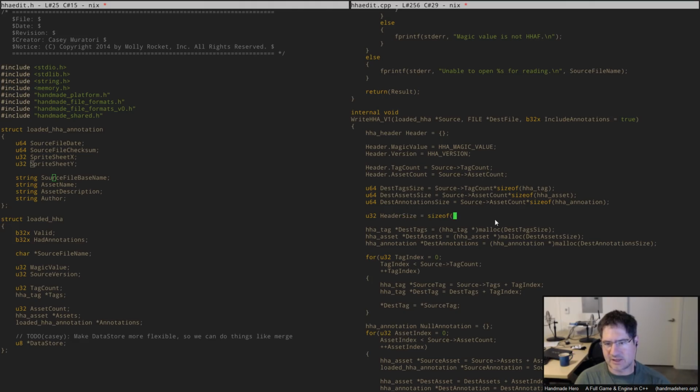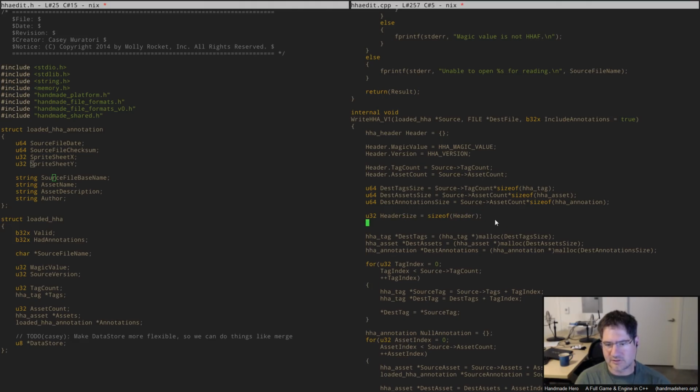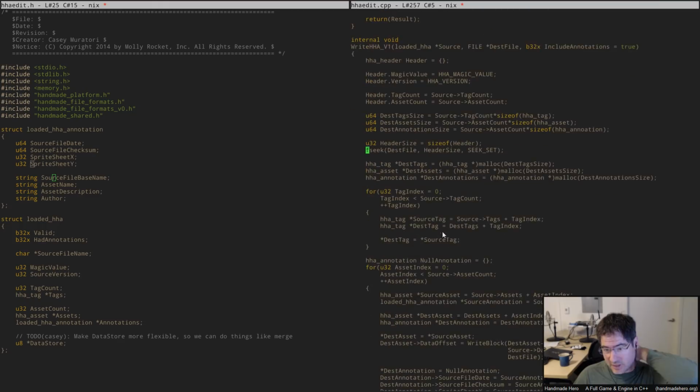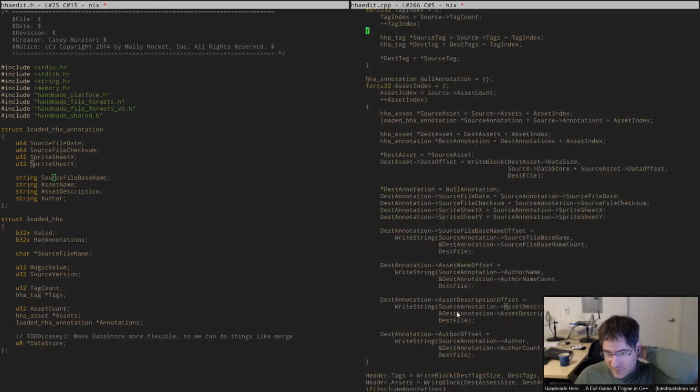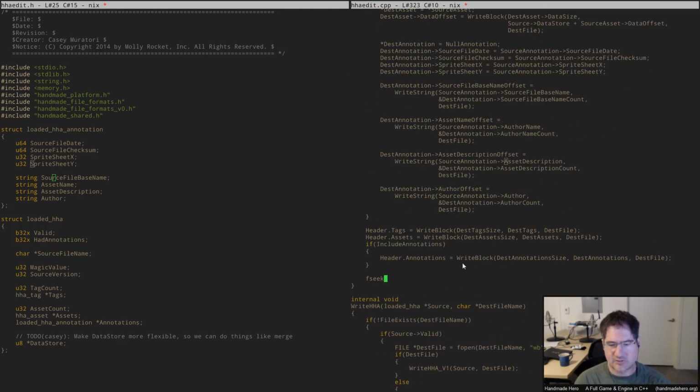We know that it's the size of whatever the header struct is. So what we can do first is just fseek our pointer for the dest file forward by the header size, so that it starts out with a header size chunk missing from the beginning of the file, and we'll just rewrite that later on. So we start there, we do all of our writes after the fact, and then finally at the end we can just fseek